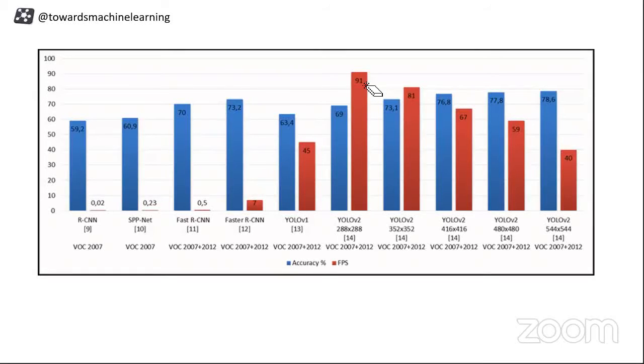Now look at this graph, dude. It's amazing how this thing has improved. But if you see, there is something known as accuracy. If you are not aware of how accuracy is measured, we are going to see this at the end of the slides. But for now, just look at it. The accuracy went on decreasing, right? It was somewhere at 73.2 for Faster RCNN, and it reduced to 63.4, right? And this is a trade-off.